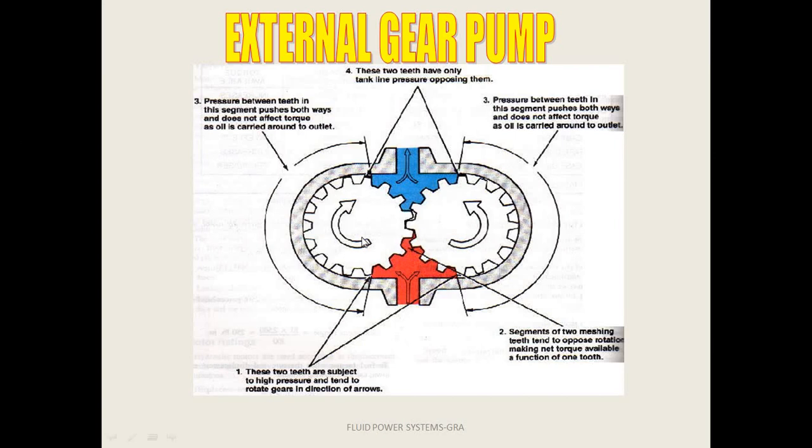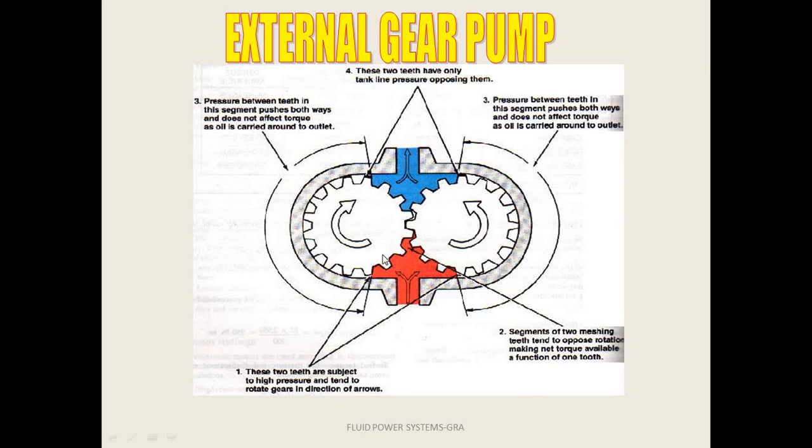One more thing regarding construction which we need to know is that the casing and the gears should be arranged such that the clearance between the casing and the gears is as small as possible. This clearance on both sides between the casing and the gears should be as small as possible. As this annular clearance increases, fluid will not get compressed and it will not get pressurized. So it is kept as small as possible, and that is advantageous for the external gear pump.